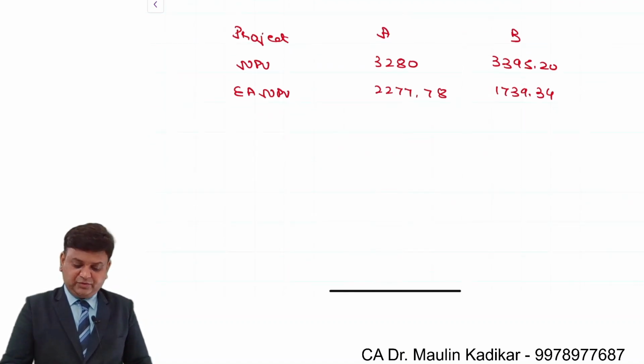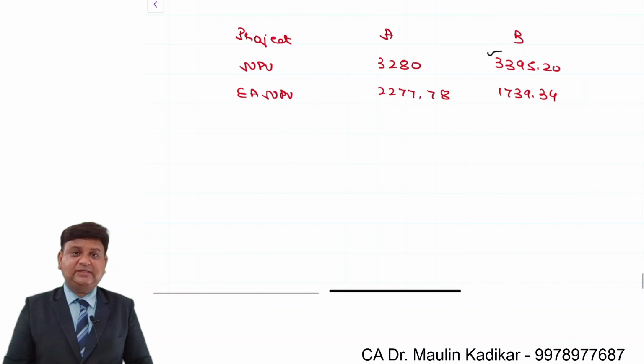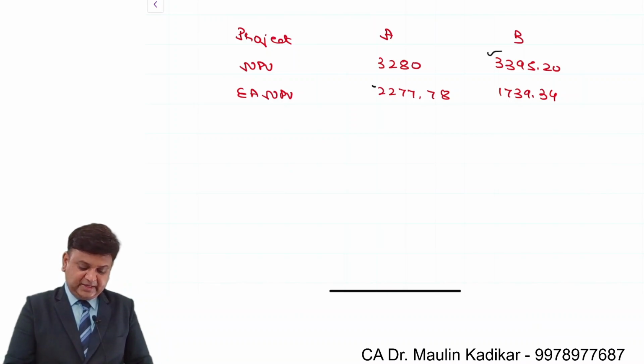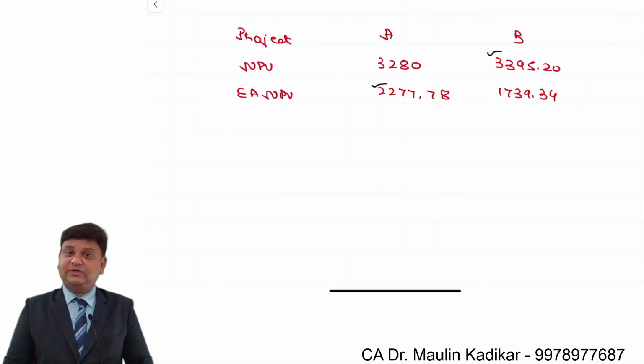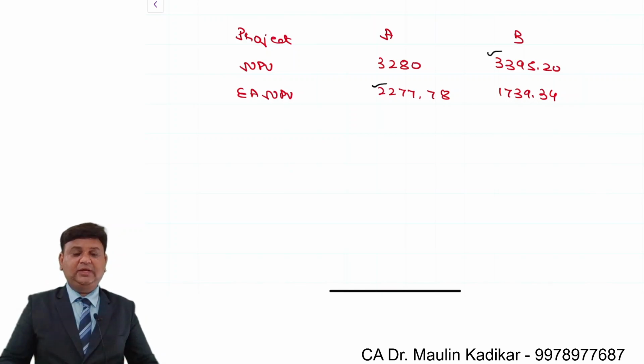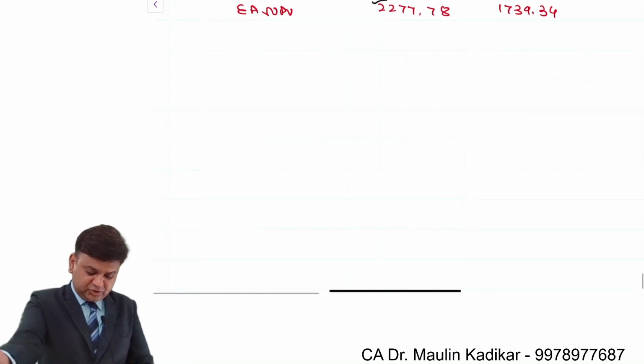From NPV point of view, we can see that project B has higher NPV. So if the projects are to be accepted only once, we'll select project B. And equalized annual NPV of project A is higher. So if the projects are repetitive in nature, then in that case we should accept project A. So we understand that